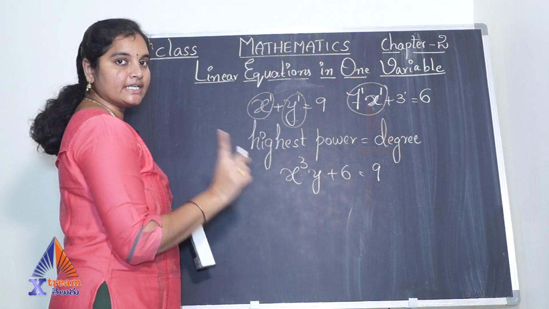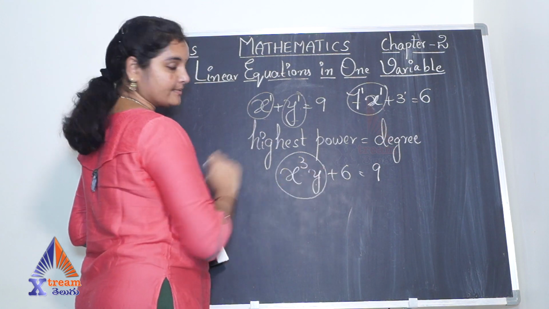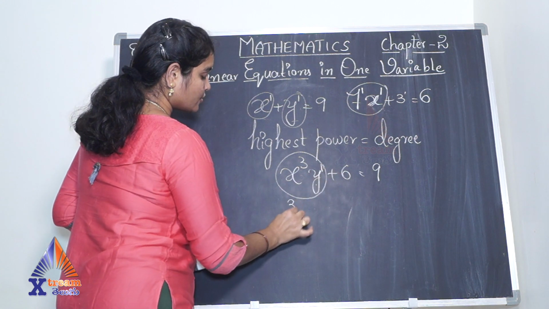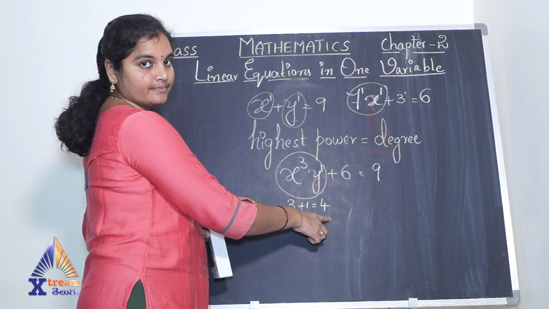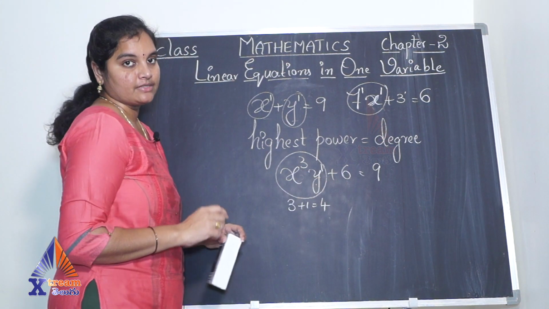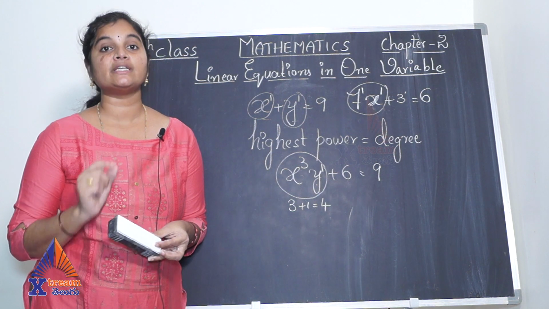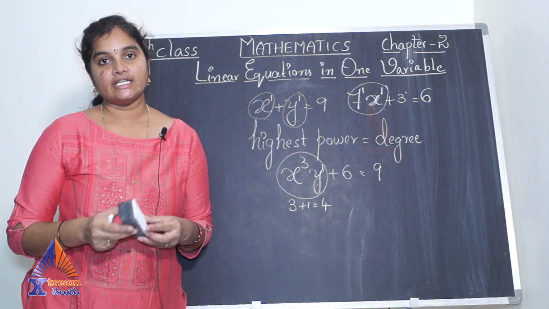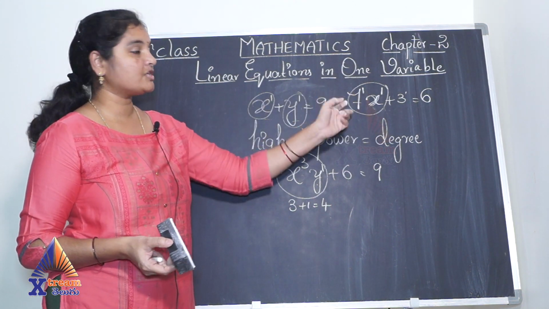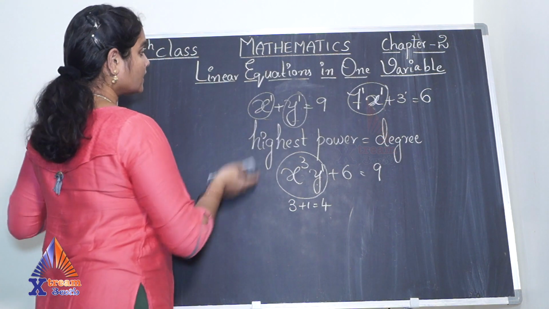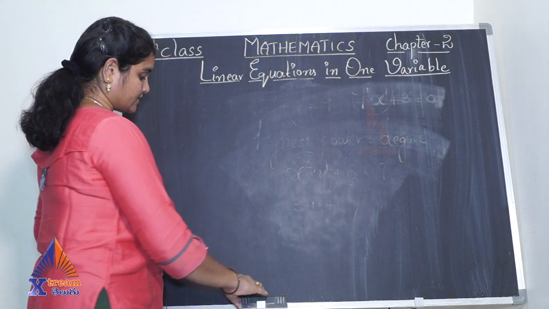Now this I don't call a linear equation because in this term we have two variables, x power 3 and y, and y has power 1. So total 3 plus 1, 4. The degree of this equation is 4, so we don't call it a linear equation. So finally, what I want to tell is, an equation with highest power, that means the degree, 1, you call it a linear equation. And if that linear equation has one single variable in it, you call it a linear equation in one variable. In today's class, we'll be learning how to solve this kind of equations.